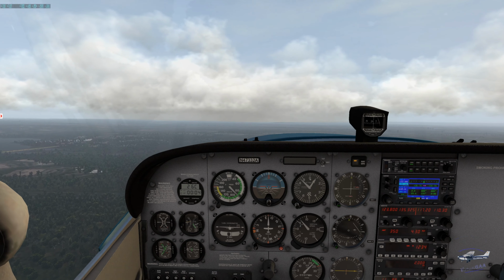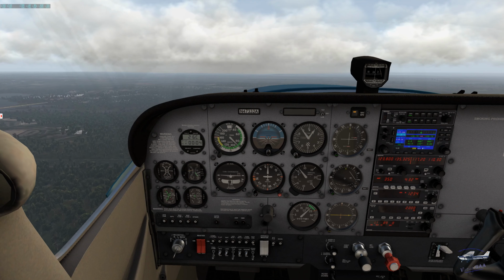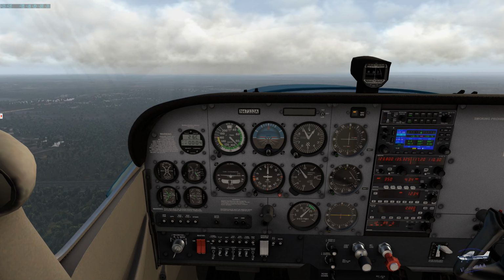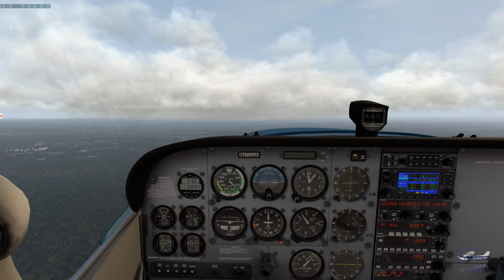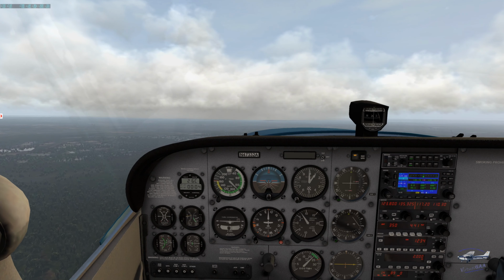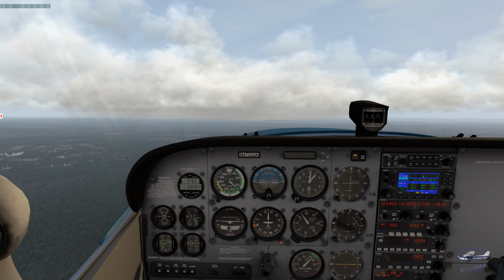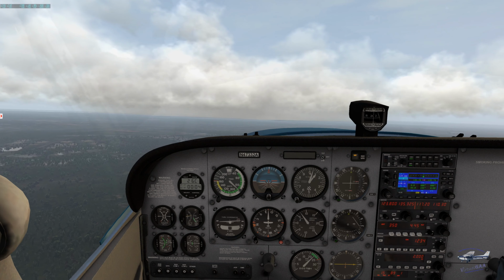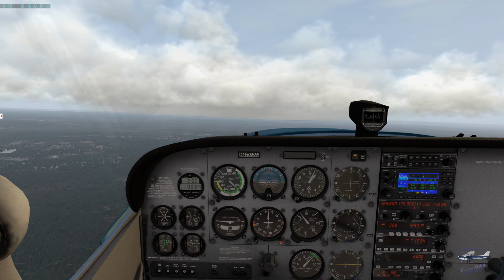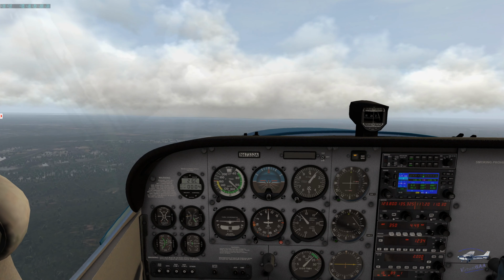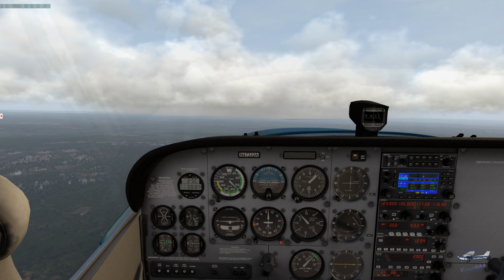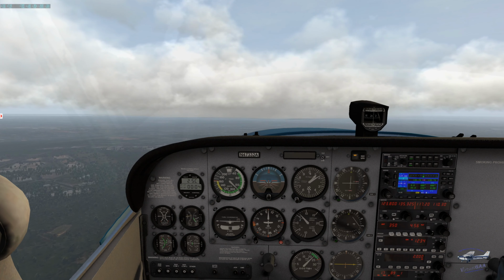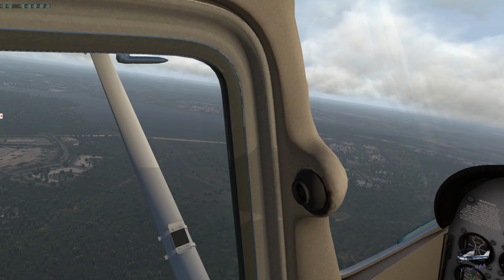Now, I've been following a debate on xplane.org, and the debate surrounds the flight modeling with respect to X-Plane and Microsoft Flight Sim. So right now I am in X-Plane,